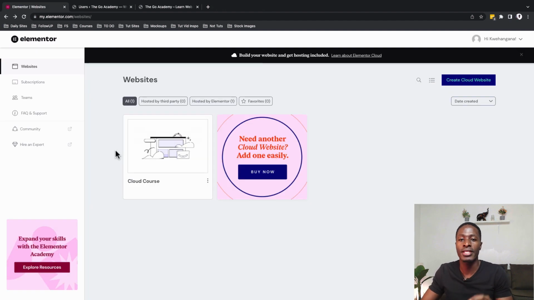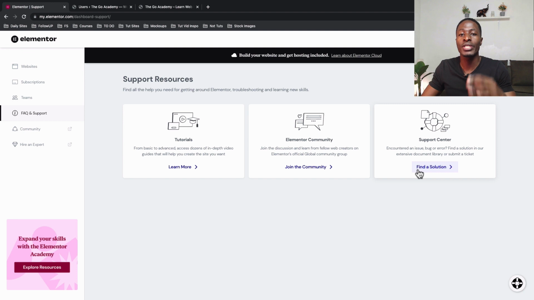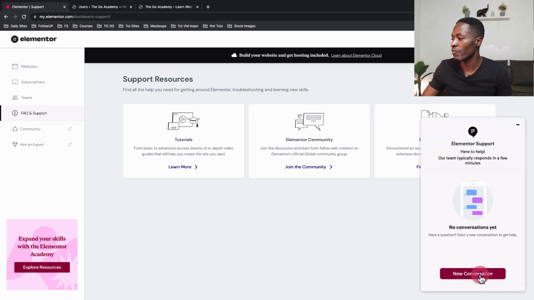And if you want to access the Elementor support, you can click over here on the Elementor support. And you can either use the tutorials, you can use the Elementor community, especially on Facebook, or you can find a solution. Alternatively, you can use the new feature that came to Elementor, which is the live chat system, by clicking over here, and then you're able to start a conversation with